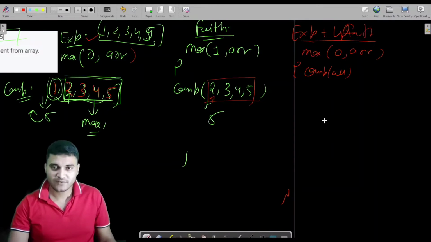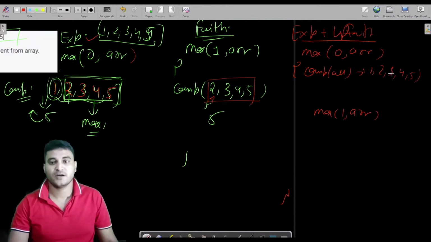But I am having faith that if I take the result of this function max of 0, 1, that is 0 plus 1, then like it was doing comparison of 1, 2, 3, 4, 5 and returning me the answer, this function will compare 2, 3, 4, 5 and will return me the answer.